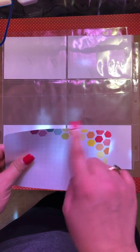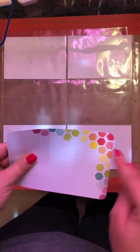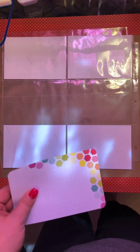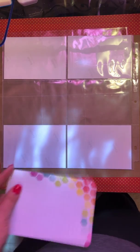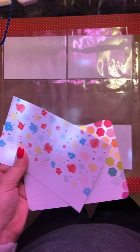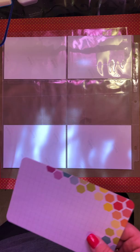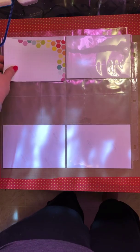Now I do have rounded and square edges. Because I have rounded and I can't square them off, I'm going to take these, and I'm going to just round all the edges, just uniform. I don't know if it would bother me so much to have both, but I think it would. So I was thinking,